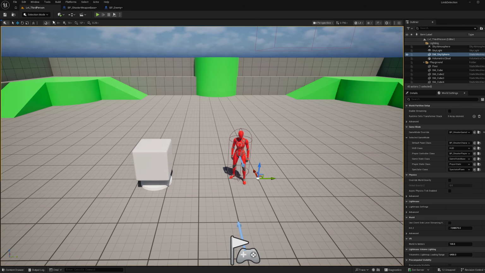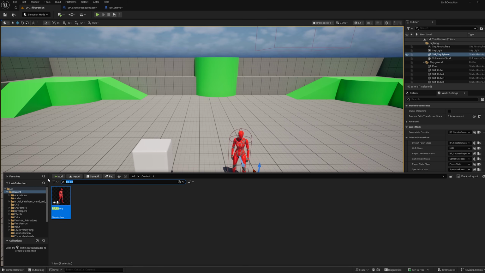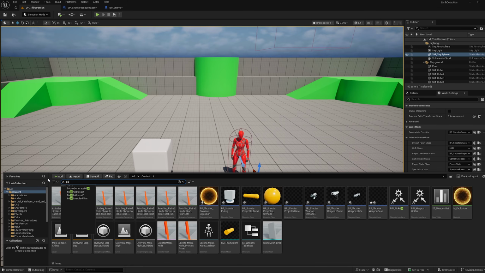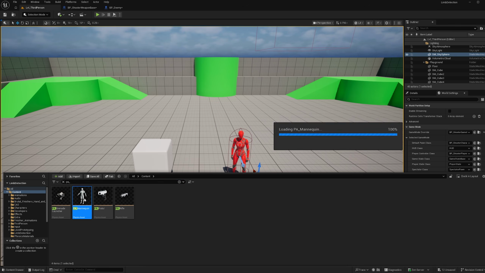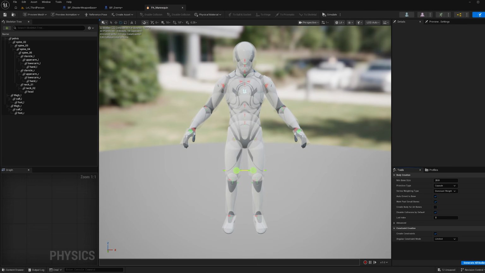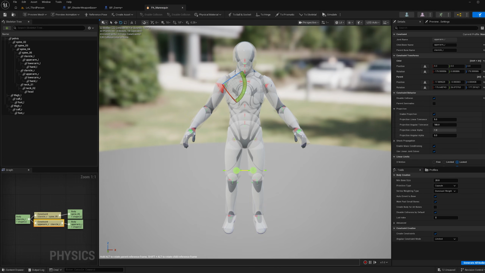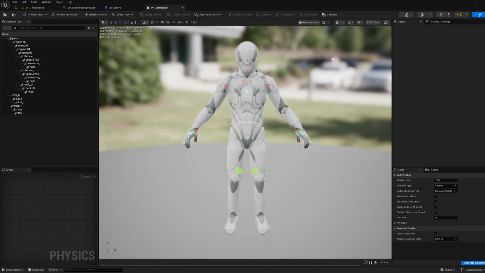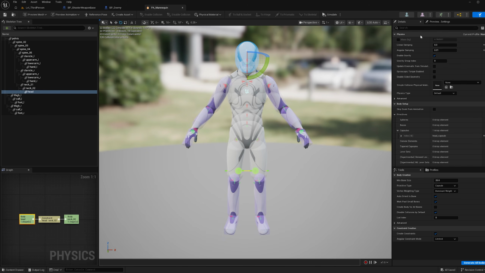So most templates, the third person template included, has a physics asset ready for the mannequin. So if you search PA_mannequin, you'll find the physics asset. And if you click, these are all the different physics bodies. So what's cool about this, you can select any of these physics bodies and then just go to the details